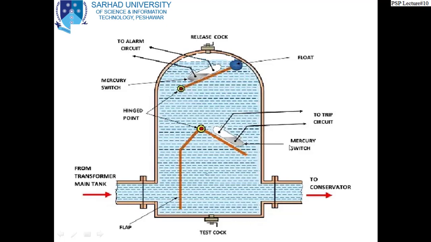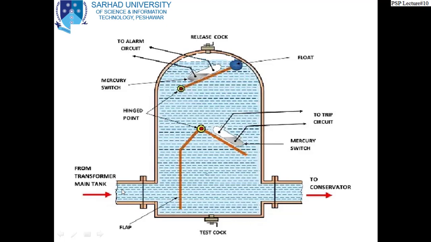and whenever it moves this way, of course the mercury switch contacts are closed by the mercury, and it directly connects to the trip circuit, and it trips the circuit automatically. There is no alarm, but it trips the circuit. Gentlemen, once again, just briefly,